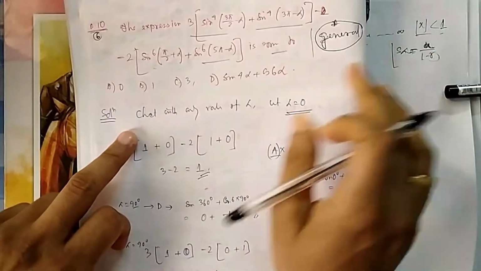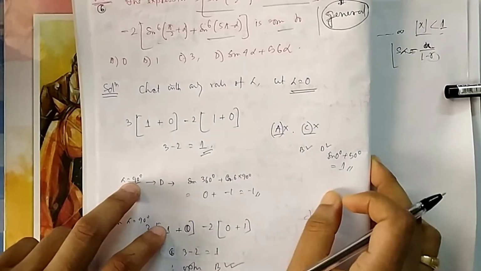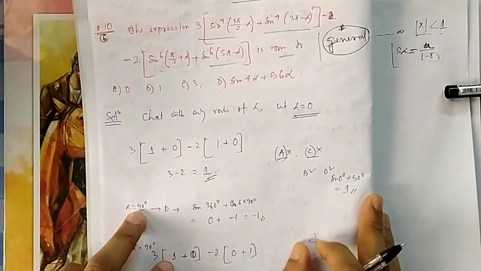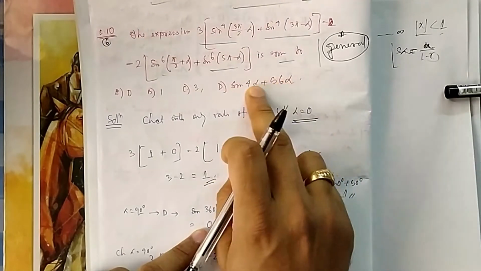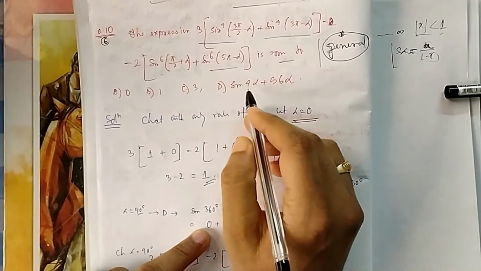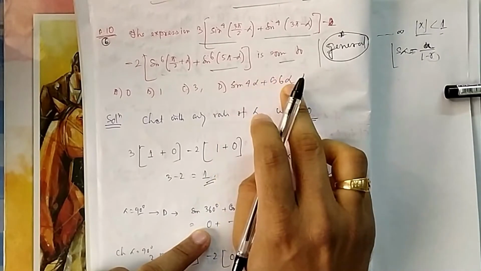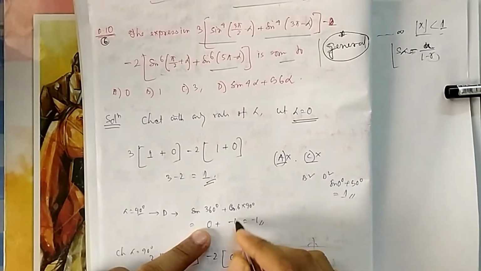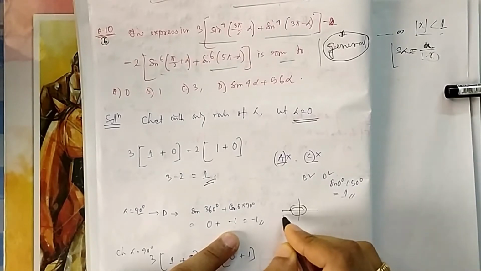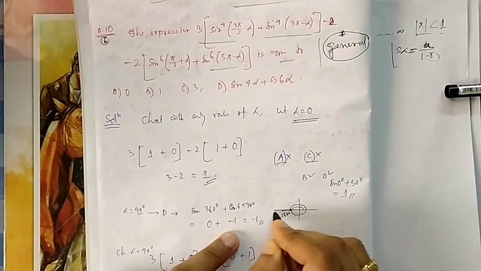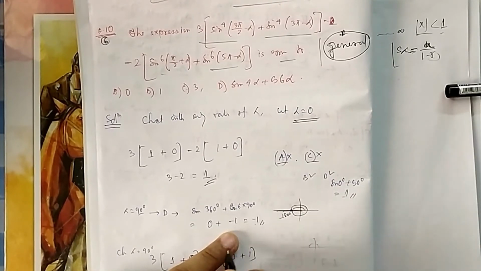So let me check with another value. Another value you can take, let alpha equal to 90. The value you take should be easy for your calculation. Now if you take 90, what will be the answer? If you put it in the right hand side, this is already 1. If you put 90, then it is 360, then 540. So 540 will be 3 times 180, an odd multiple, so it will come here, and this side cos is negative, so it is minus 1.